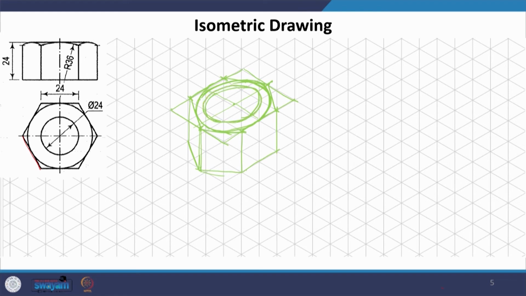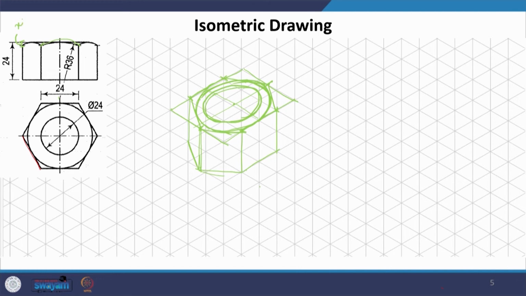Outer one, all that we have drawn. Now, one thing which we have to draw is these curves. Okay. Now, we have been given the radius of this. So, one way to do it is that for every face we first identify where the radius is going to be and draw the entire surface, or because it is not a very big part of the curve, what we can do is